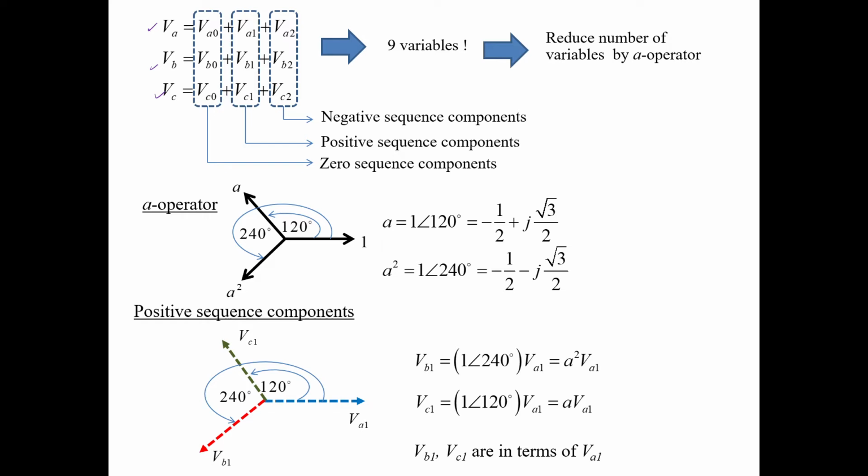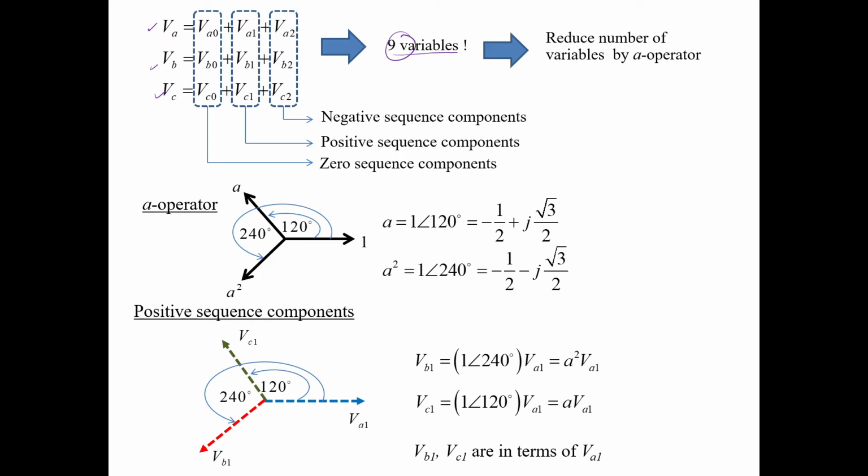So what are those three components for each of the three voltages? We want to find these 9 variables, but this is impossible because you have 3 equations but 9 variables. So we have to reduce the number of variables somehow,